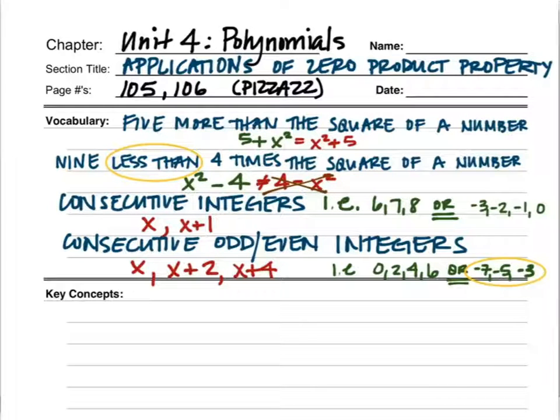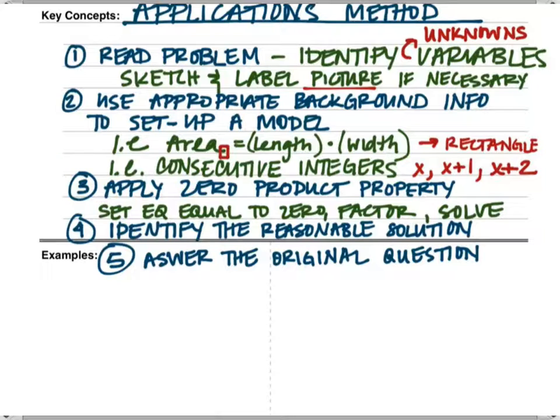So this is polynomial, unit 4, and previously 4.8 was applications of zero product property. You have these notes. We're going to actually now go ahead and attach some problems from Pizzazz page 106 to the back of this, and I had given you guys a sheet in class that had the problems. So we're going to skip through the work that we've already done, so vocab here, and then now the applications